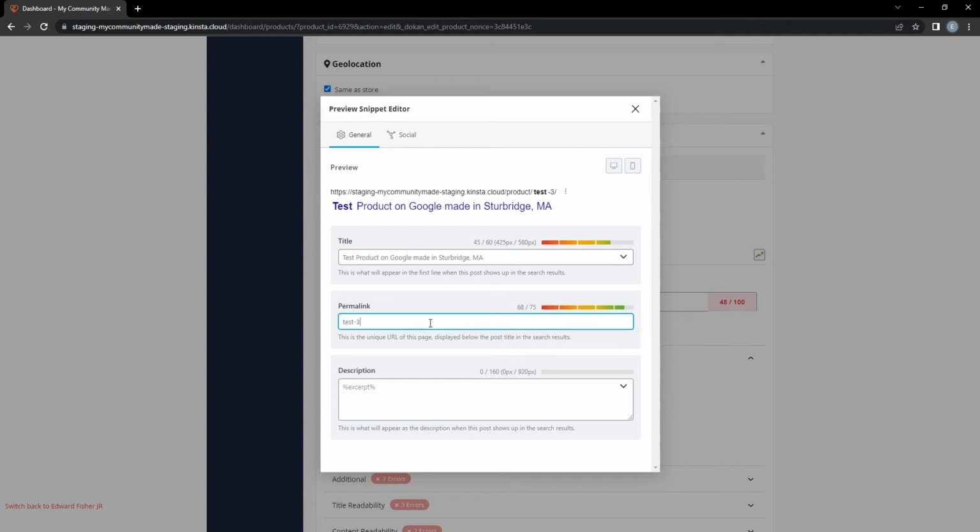using. The permalink, this is what will show up in your link. So all My Community Made products have the URL mycommunitymade.com/product/ and then the title of the product. You can customize that as well. For example, there is a test-3 here. If I don't want that -3, I can just get rid of that. And now I have the URL